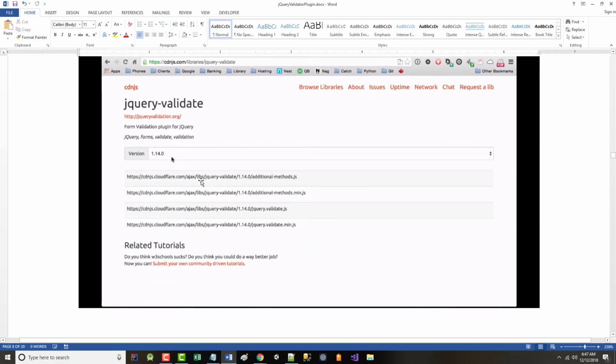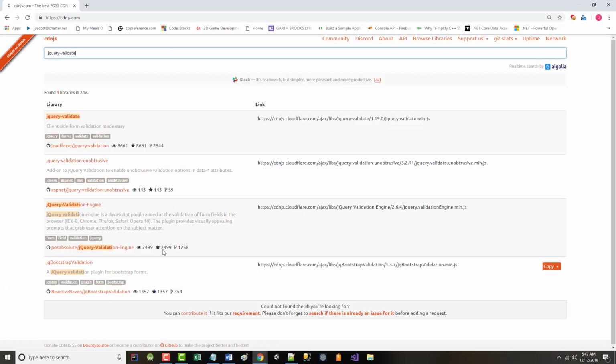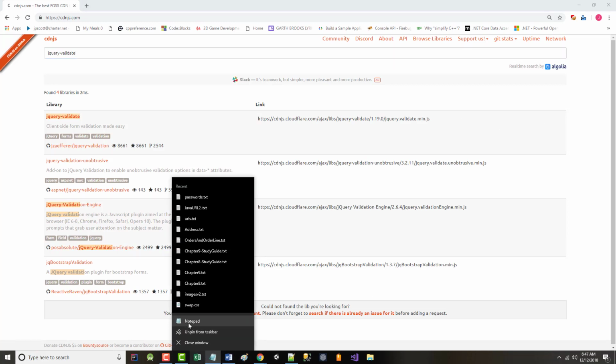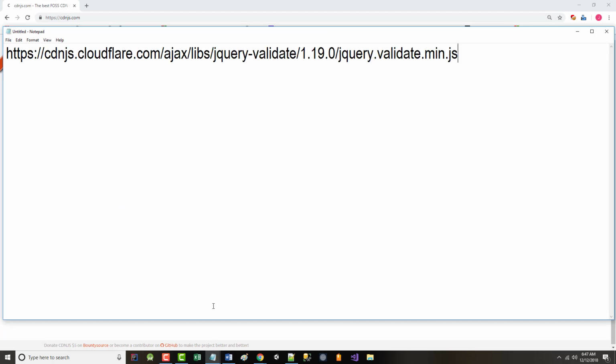Now again, this is old. It's got 1.14, etc. I don't know what it is now. Here's the link, it's 1.19. So I'm going to copy that link, and you'll notice that if I do copy it, boom, there it is. So what I'll want to do first